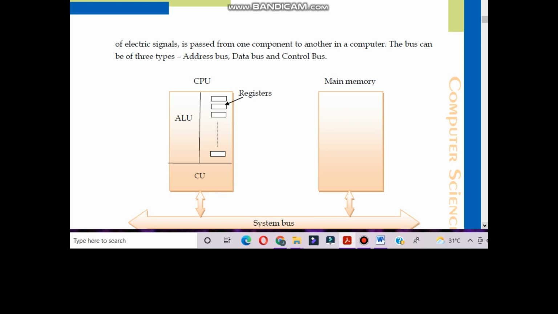So what is the use of bus? Electric signals are passed from one component to another component in a computer.